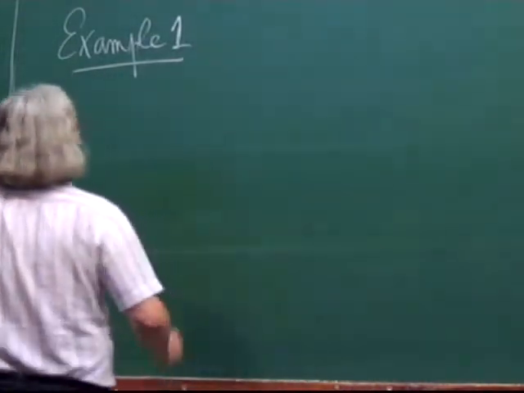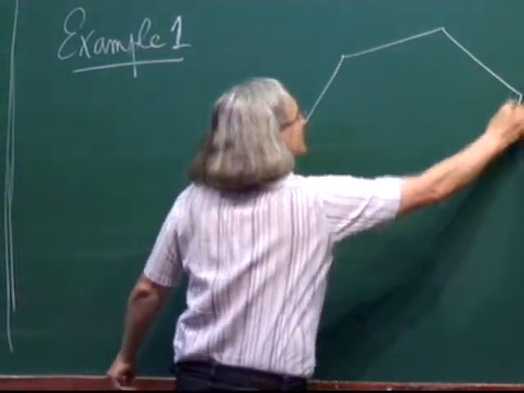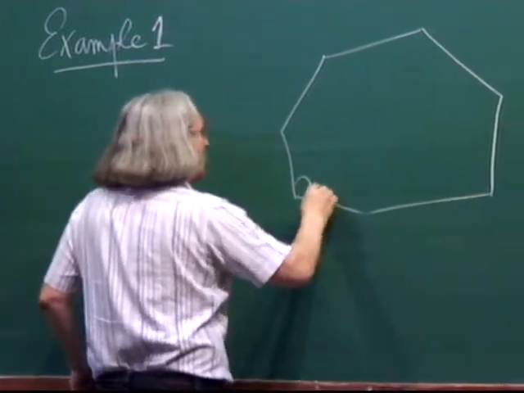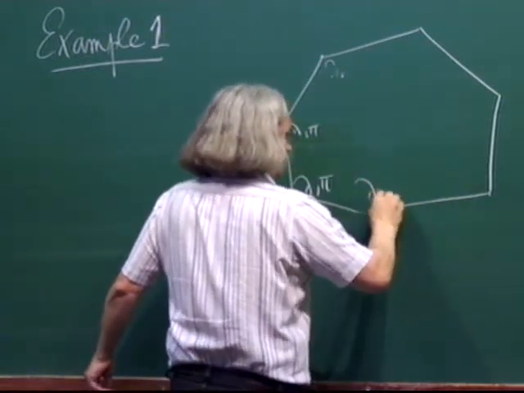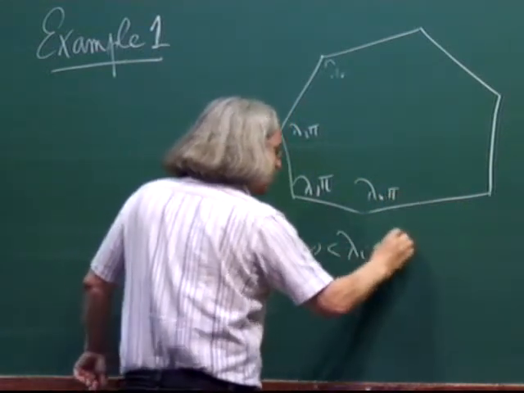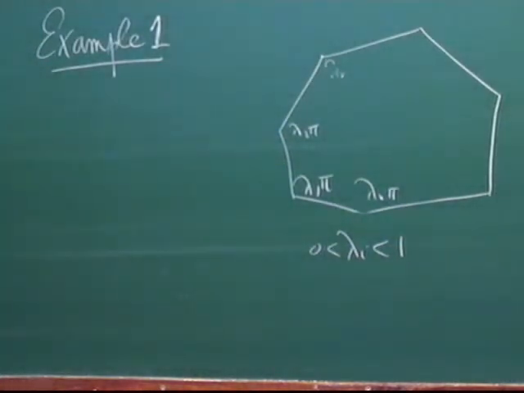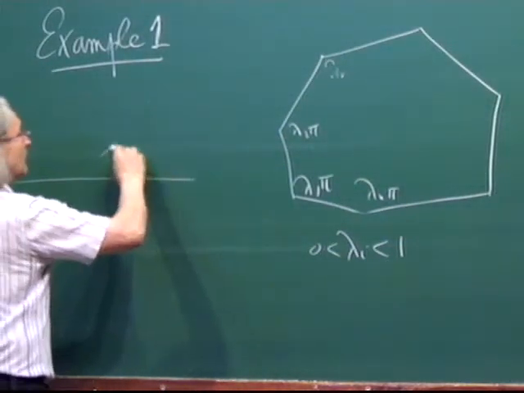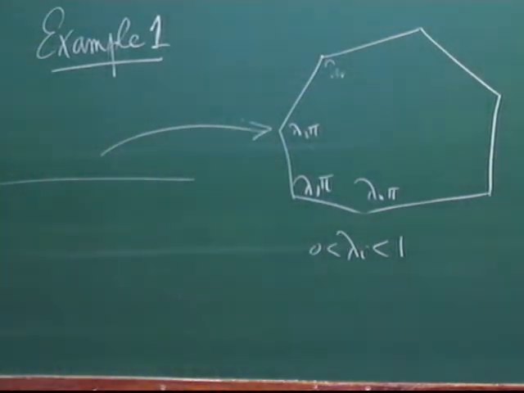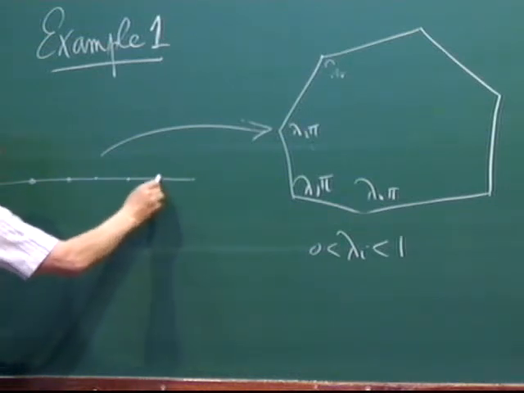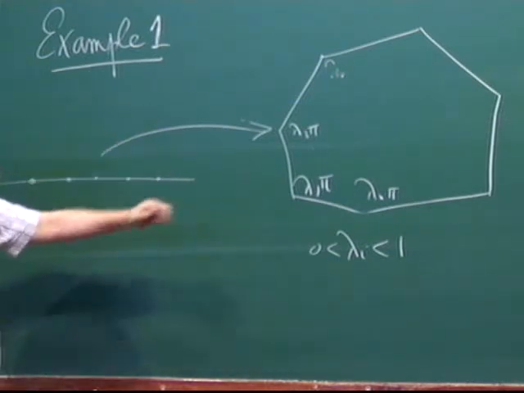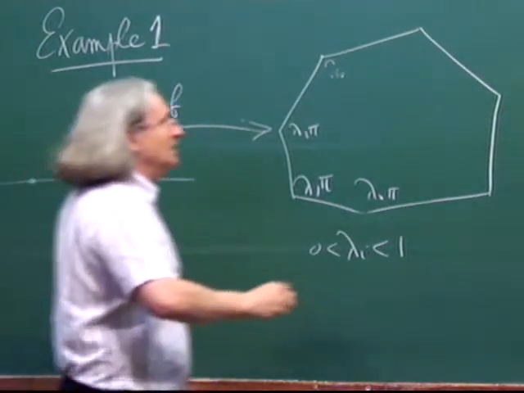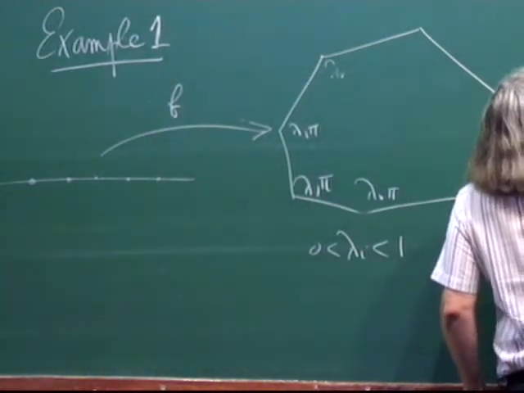I mentioned to you that if you take a polygon, and if you give me the angles, lambda 1 pi, lambda 2 pi, lambda n pi, where these lambda i's are between 0 and 1, and if you look for the conformal representation from the upper half plane to the polygon, I remind you that Schwarz was not convinced by the existence proof of Riemann, and he proved that if there is such a map, then this map F has to be given by what we call the Schwarz-Christoffel formula, has to be of the form